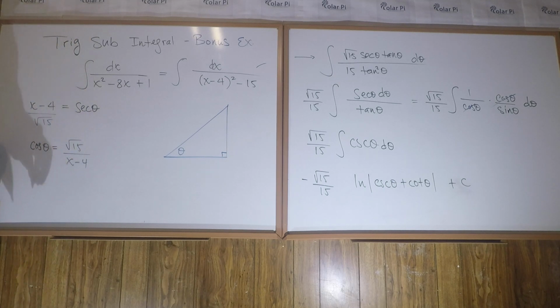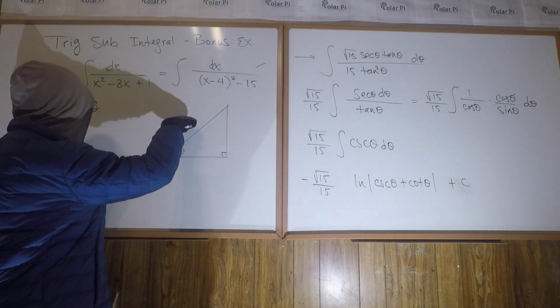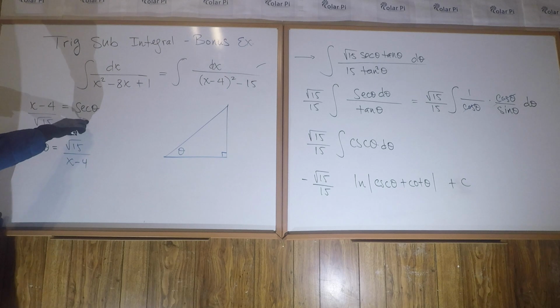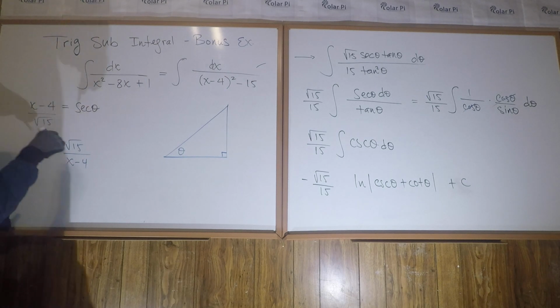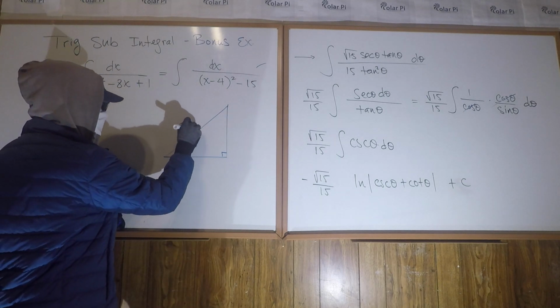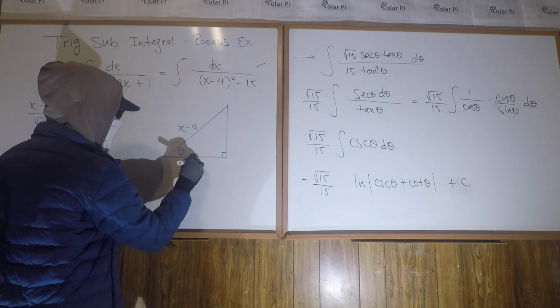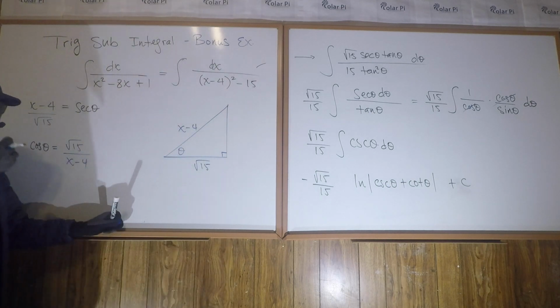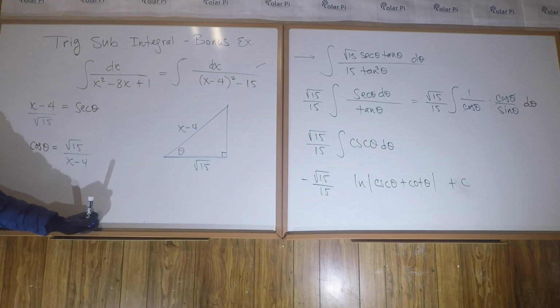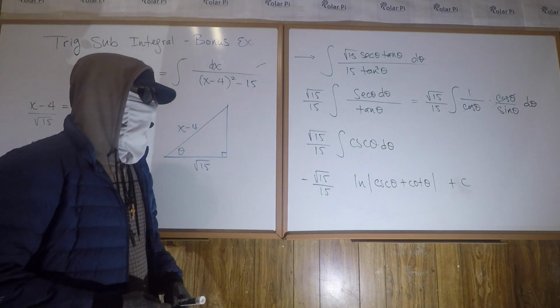For me, I could handle that, because I'd be like, oh yeah, so cosine is adjacent over hypotenuse, and so secant must be hypotenuse over adjacent. So I'd be like, this is x minus 4 and this is root 15, right? Okay, cool. And if you do some Pythagorean theorem,